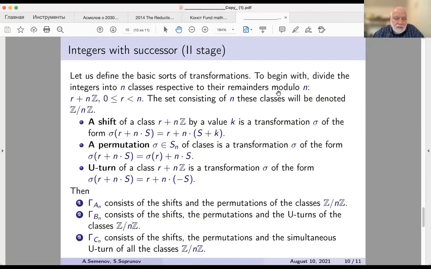And then stage 2: how to find sets of transformations. And again, pretty fast, these transformations were discovered. For example, of course, there is a shift. You can add any natural number to all the members of Z, the same number, and it will keep invariant